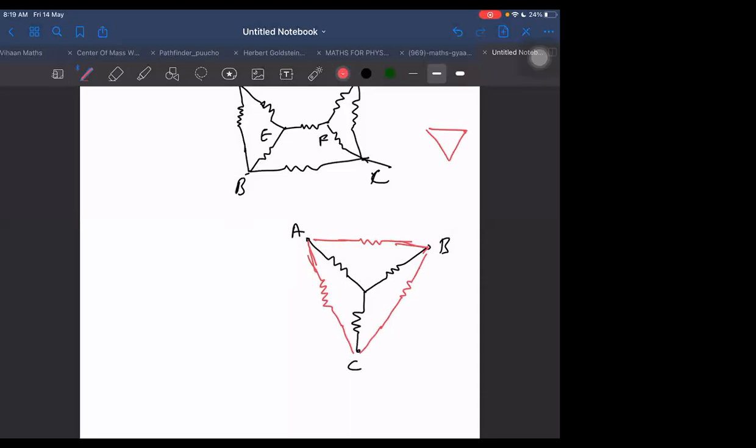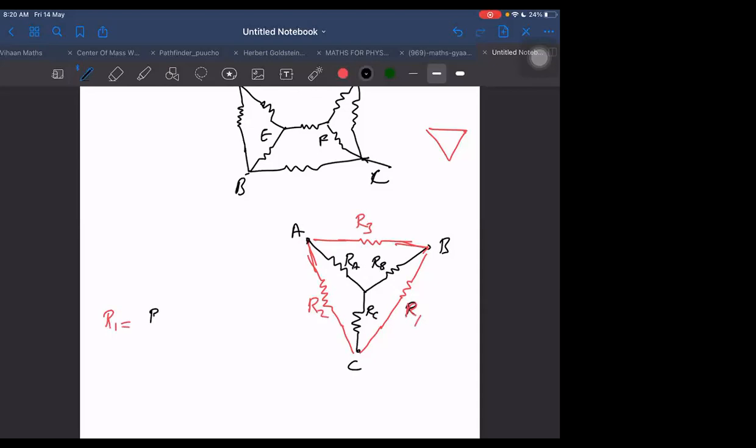If I have to replace the black ones by the red ones, then what I need to do? Let us call them RA, RB, and RC. These were connected across A, B, C. Opposite to RA is R1. Opposite to RB is R2. Opposite to RC is R3. So what is R1? R1 is equal to,